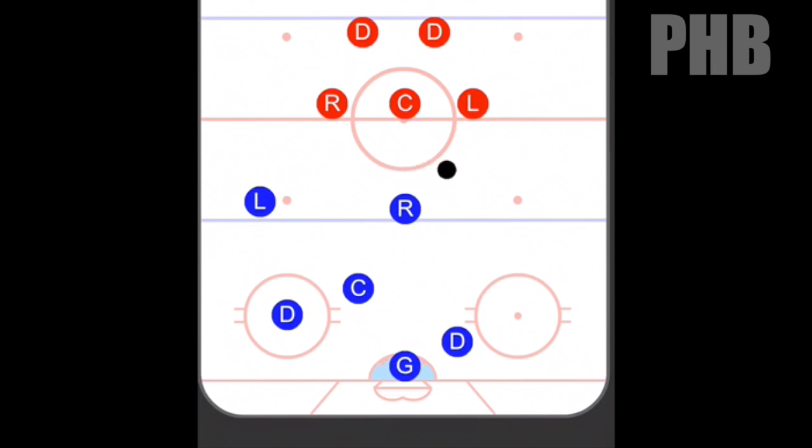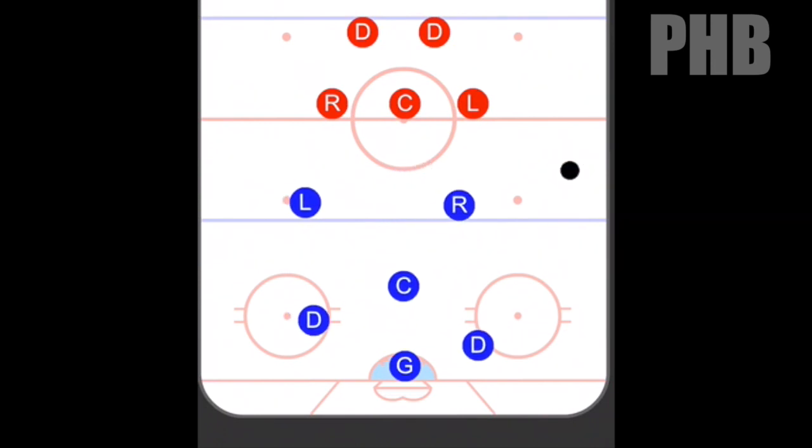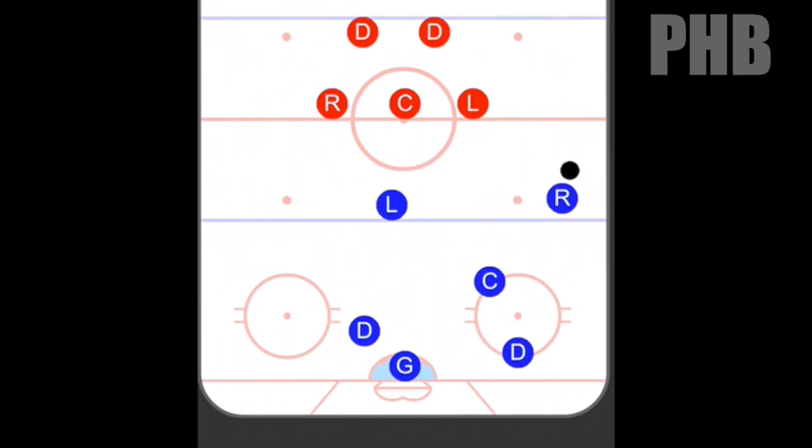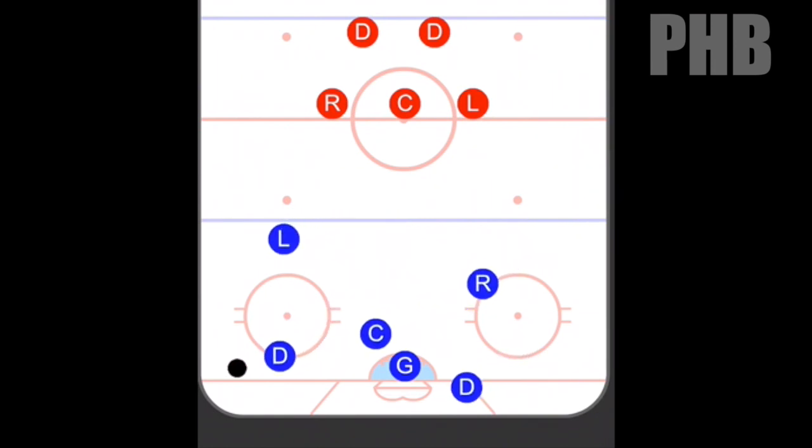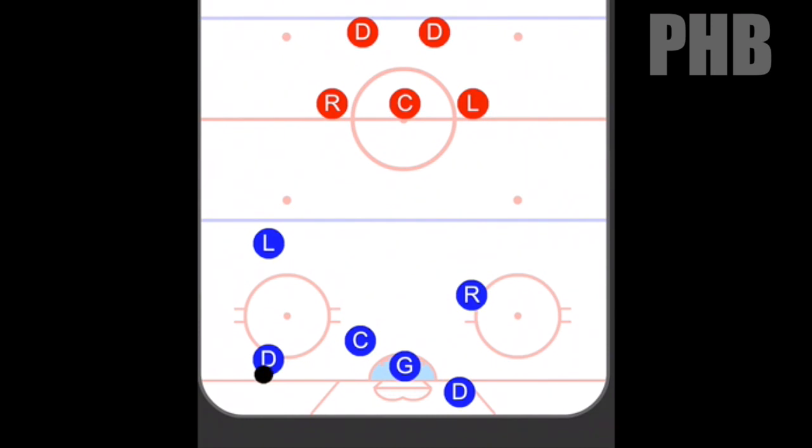Likewise then, as the puck moves to the other side of the ice, you'll see the same thing happen. There's a primary player who's going after that puck because it's in their region, and everybody else is sliding over to offer support, but not completely giving up on their main area of responsibility. Now you'll see if the puck comes down to the goal line on the left side, players are reacting. The defenseman is taking primary responsibility, but you'll also see the players in their other areas drifting over to provide